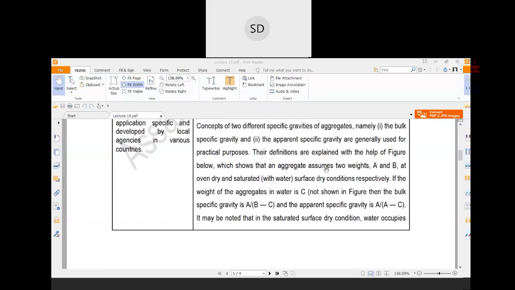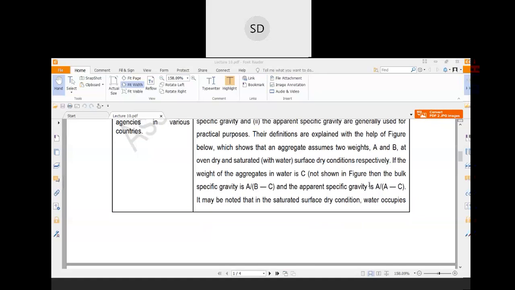So aggregate, assume two weights, one is A and another one is B. In A there is only the mass of the aggregate, only the aggregate particles, that is the solid particles. And B is the weight of the aggregate, that is the weight of the mass and the weight of the water which fills the permeable pores, not impermeable pores. If the weight of the aggregate in water is C,